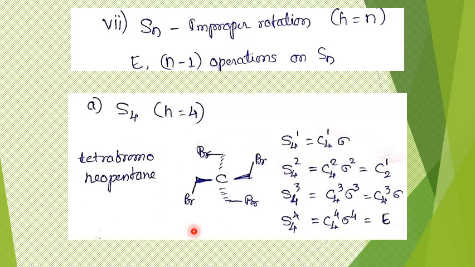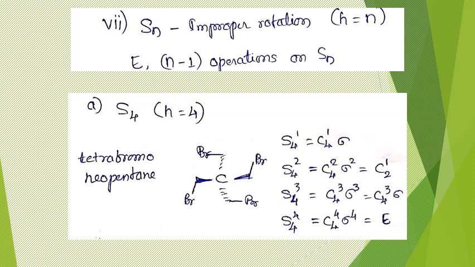Therefore, this molecule should go to the point group S4, or the SN point group. So we should be careful when we are identifying molecules with this point group, especially when we have a proper axis. It may look like it has just one proper axis, and we may confuse this with the CN point group. So keep this point in mind. Whenever we feel that the molecule is going to the CN point group, then we should definitely check for the possibility of the SN point group. So I have taken just one example for this.